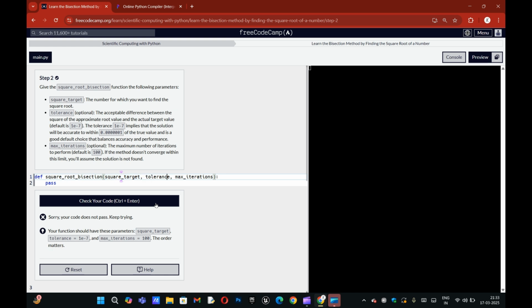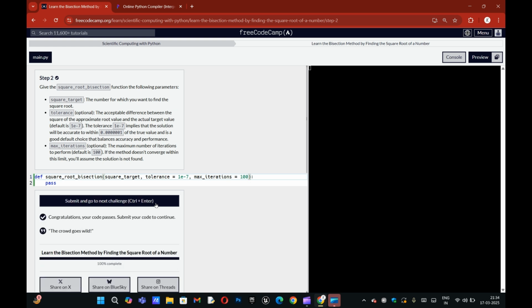We also have to set the parameter values: 1e to the power of negative 7, which is 0.0000001, seven zeros and a 1. And max iterations will be 100, so it can repeat itself around 100 times.